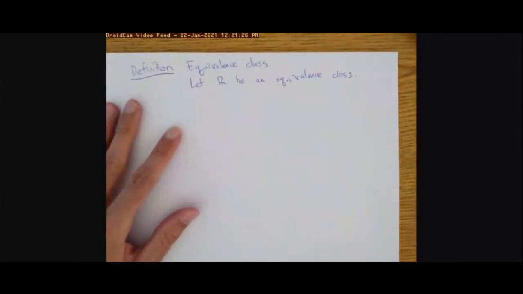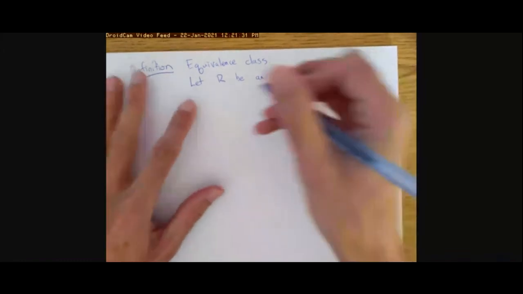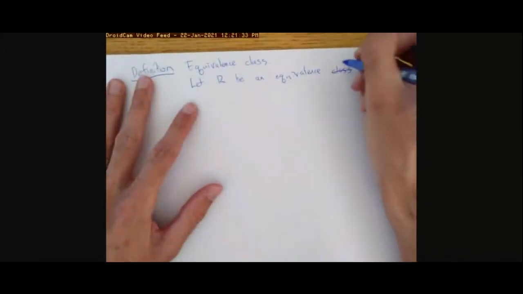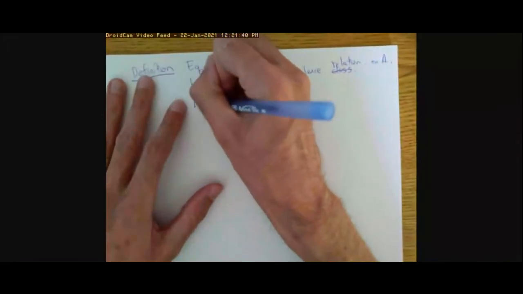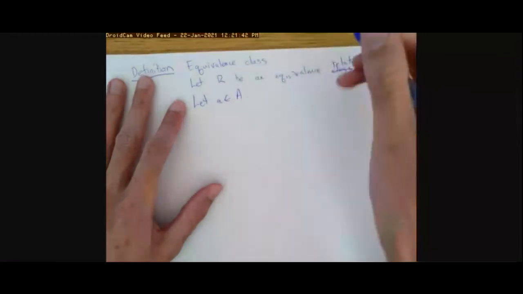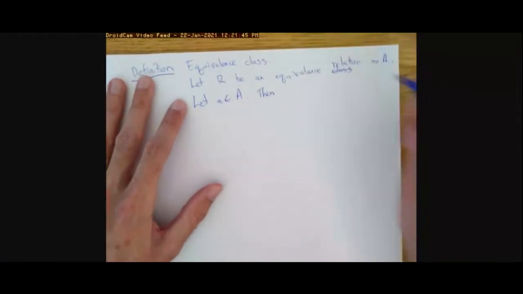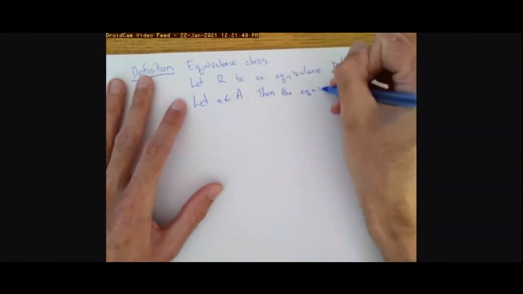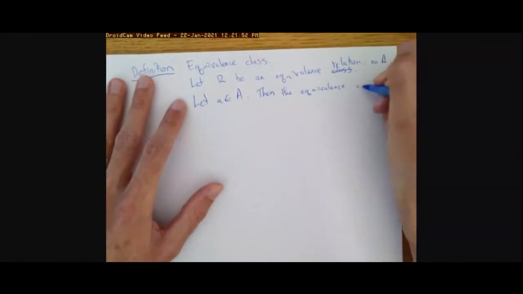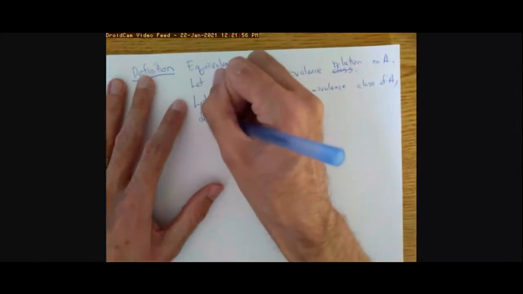Or sorry, let R be an equivalence relation on A, and let a be an element of A, then the equivalence class of a, which is denoted